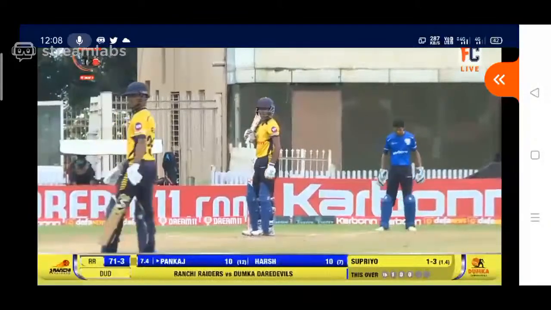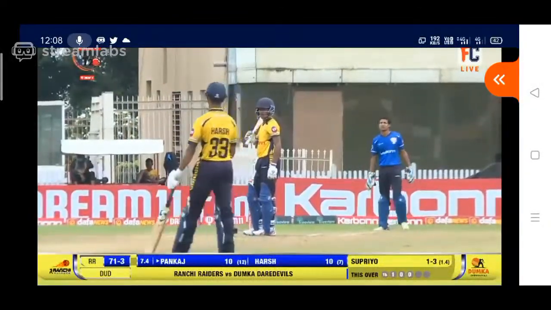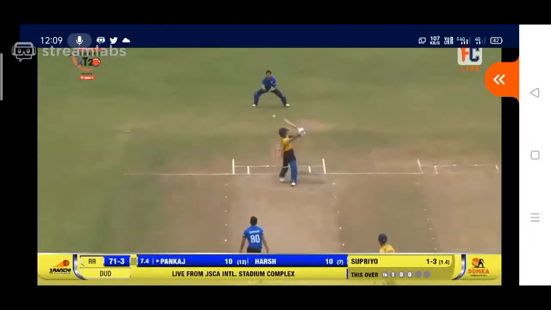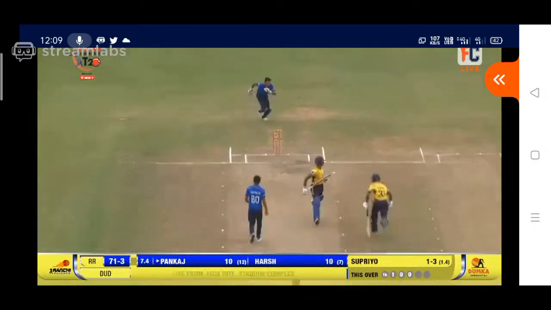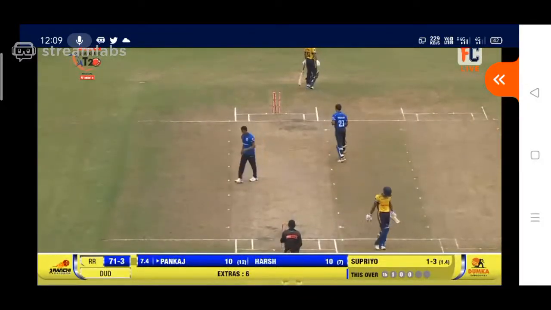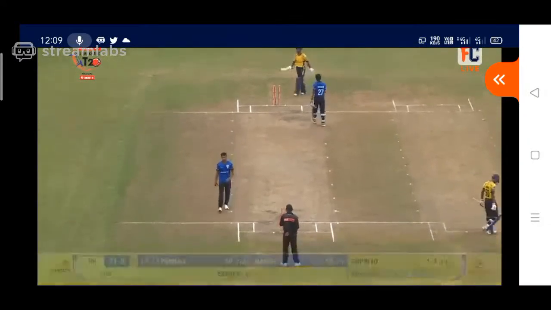Last 2 balls of the allotted 8 overs since this match has been curtailed. They tried once again, trying very hard. Look at this. The batsman had an almighty swipe at the ball, missed it completely.